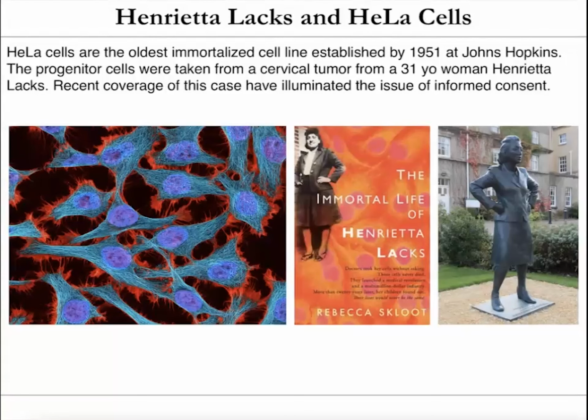And so I mentioned that cell culture was not established until 1951. Many people tried. They would take all sorts of cells and put them on plates and try and get them to grow, try everything they could, and these cells would just die after a couple times. So the first immortalized cell line developed for cell culture was this cell line called HeLa cells. And so they were established in 1951 at Johns Hopkins.